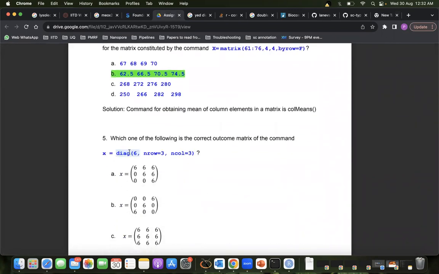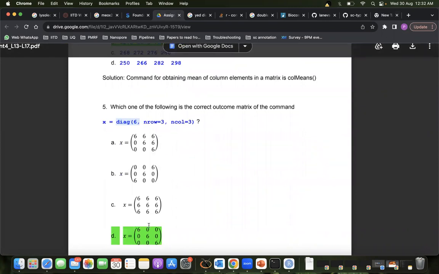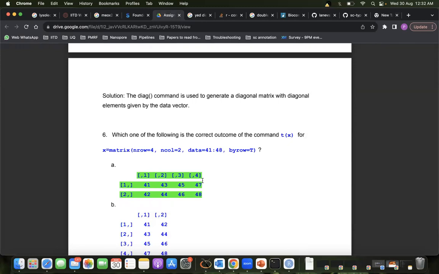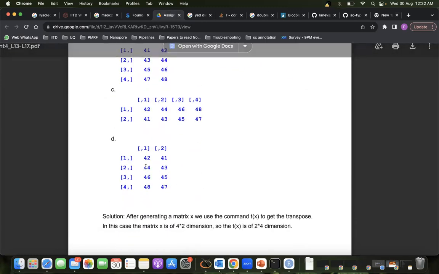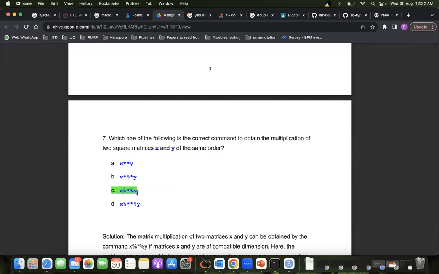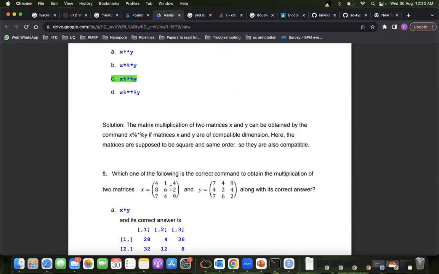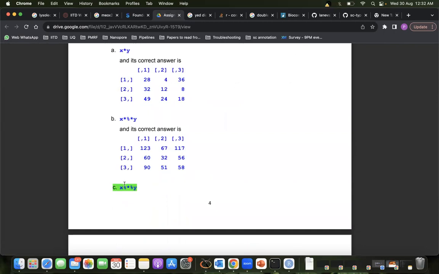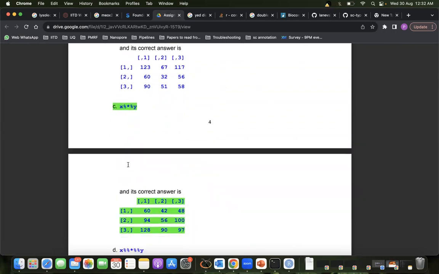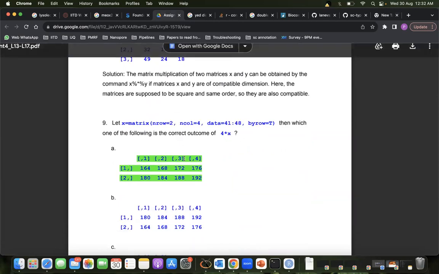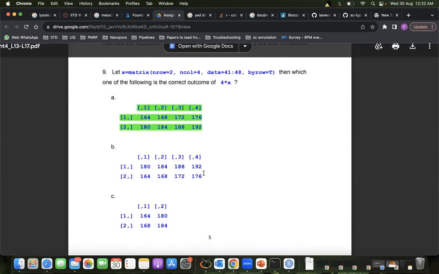Then if you make a diagonal, you're going to get a diagonal matrix. And this gives you the transpose, right? This you want to multiply. So this is the only sign. And I think we discussed this also in the session. Okay. And if you want to multiply, which is the same question again, this is the symbol you're going to use. And if you want to multiply it with a scalar, every element gets multiplied by 4.